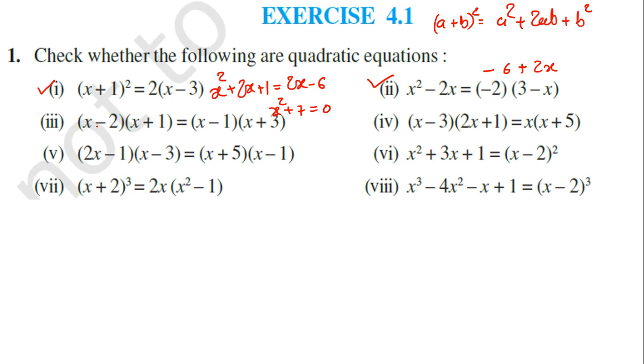I think this is not quadratic, because here if you multiply x into x, the first term x square will come, x square here. The full term is not required to simplify here from my side. In exam you must simplify. And if you simplify this, right hand side x into x, so again x square you will get. x square and x square from both sides, because both are positive, so both will cancel. So this is not a quadratic equation. But when this question is asked in exam, full simplification from both sides is compulsory. So third is not quadratic, as well as the fourth one.